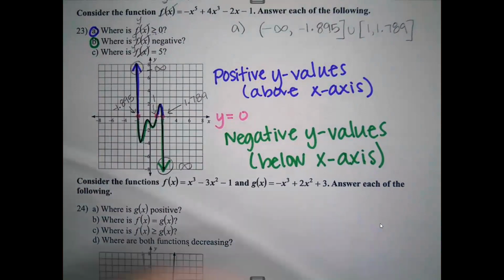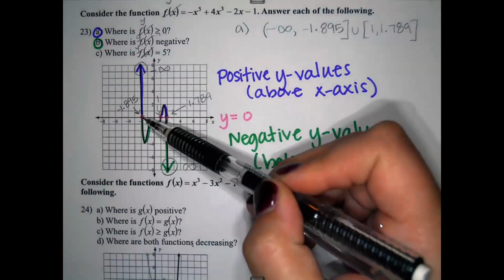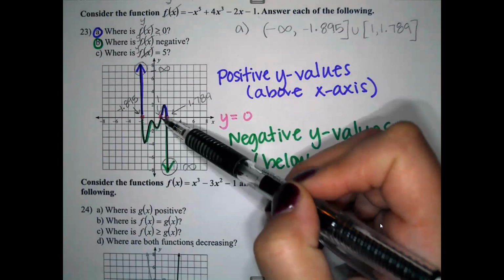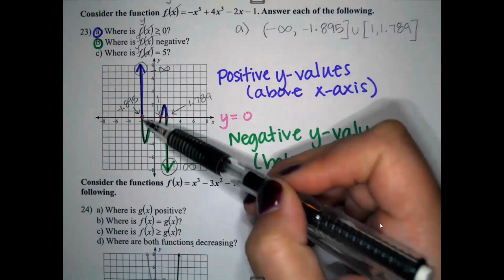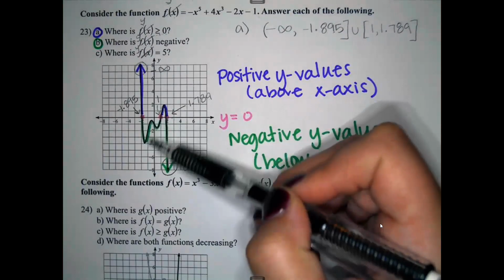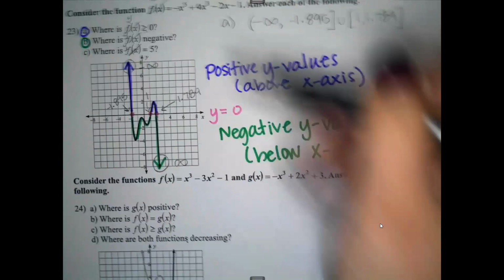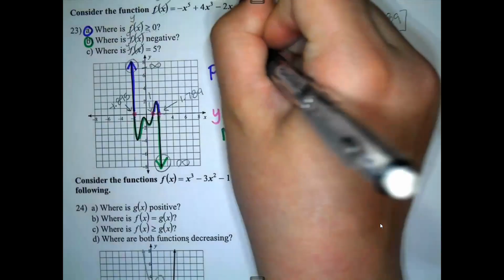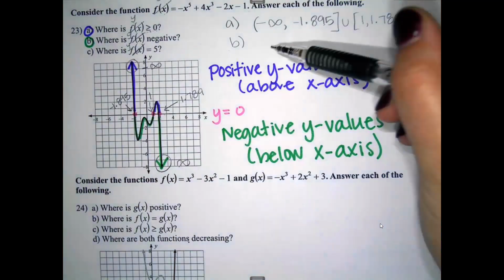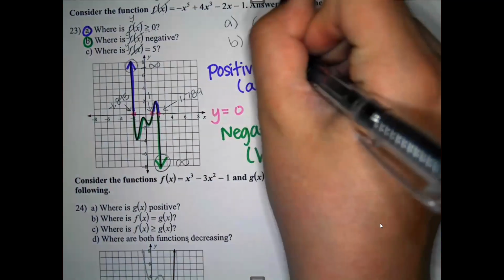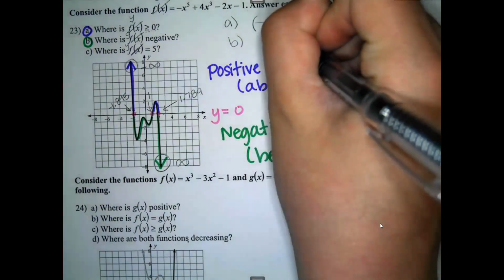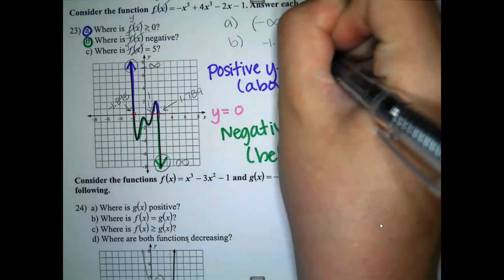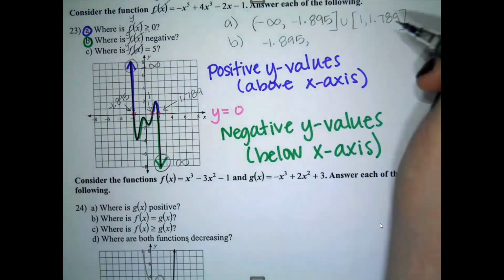All right, so this time we're going to go from here to here. So let's write these numbers down. Starting here, going here. So what number should I write first? Negative 1.895. That's the first number. The second number is